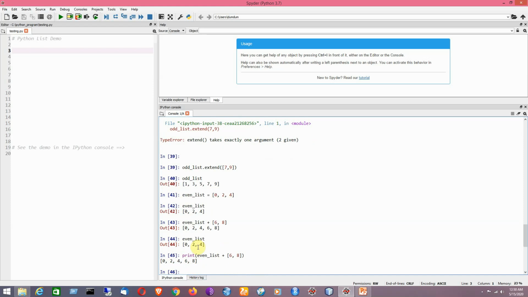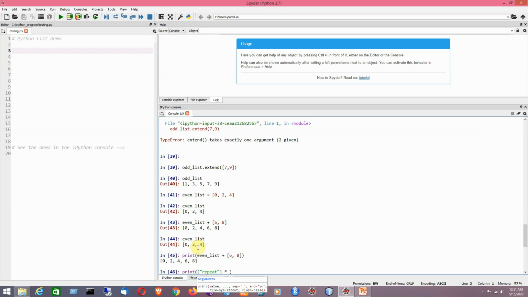Now I can also use the star operator, that is the asterisk operator, to repeat a list for a given number of times. Say for example, I would like to write here a list having only one element.